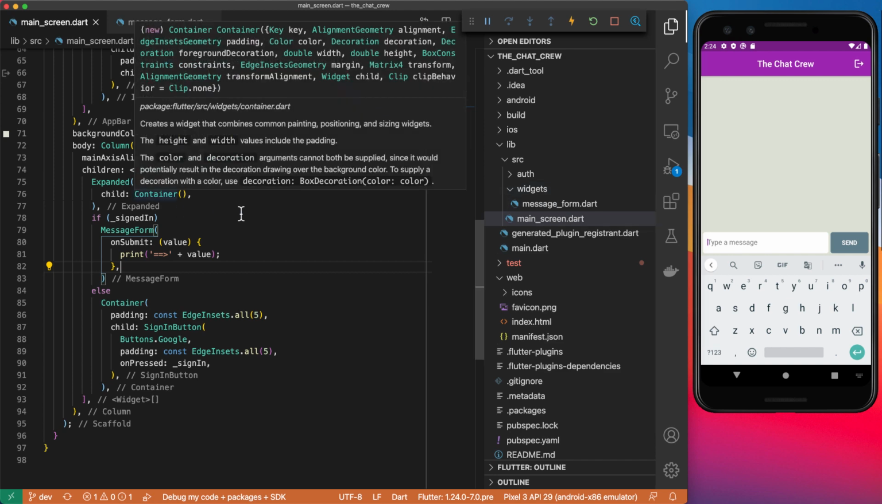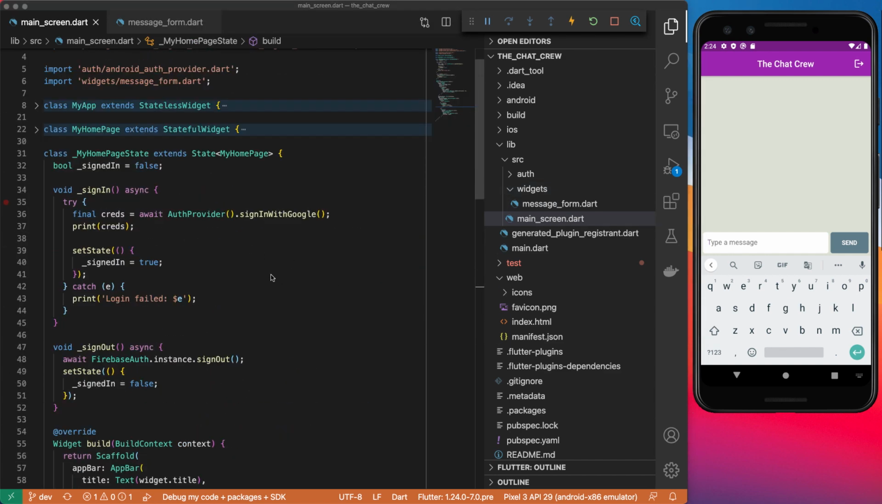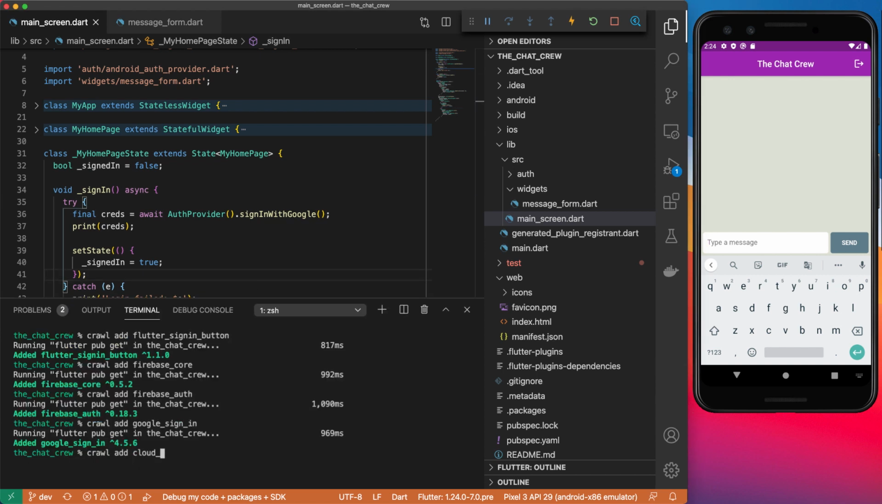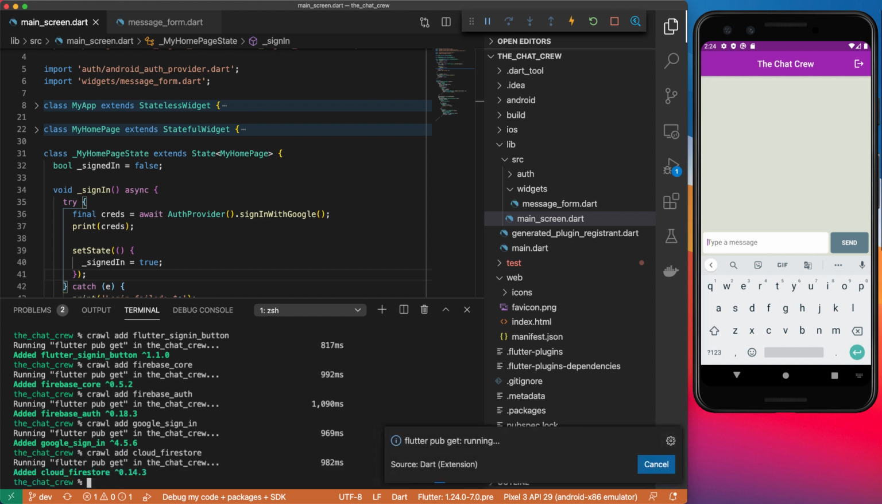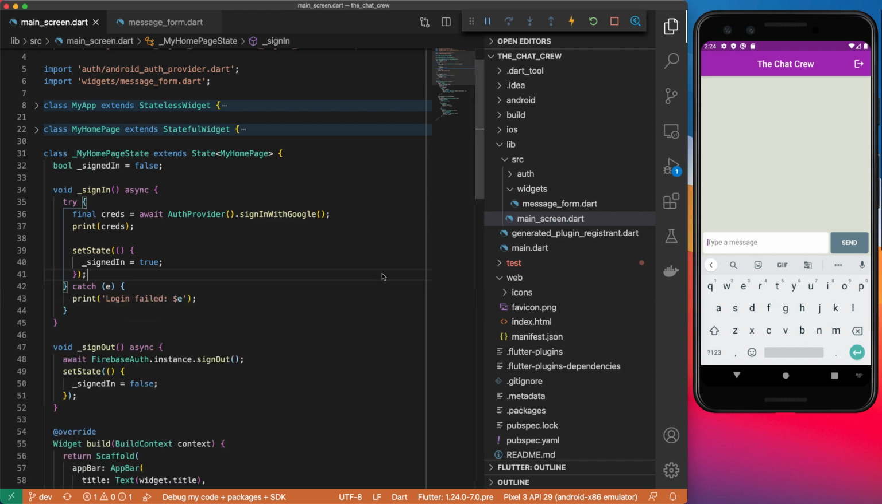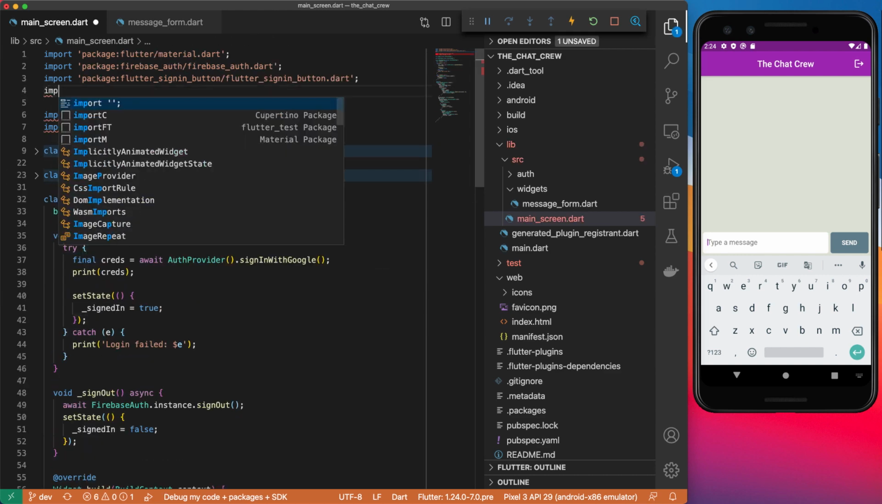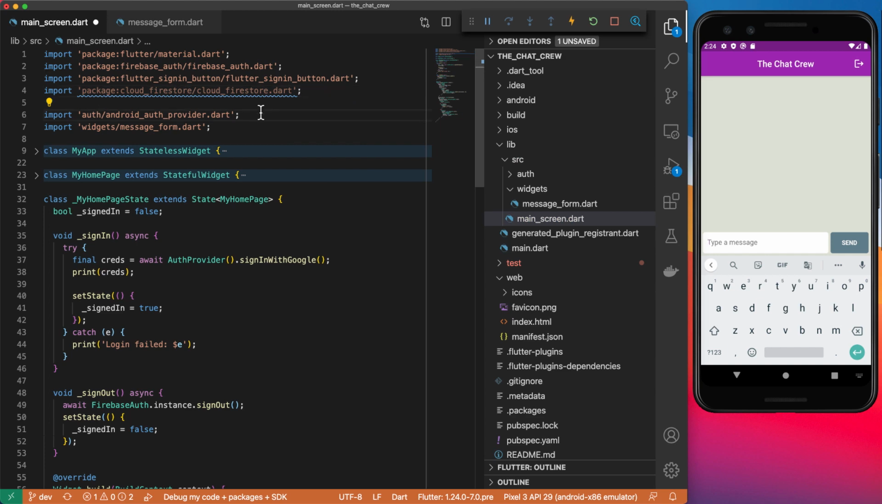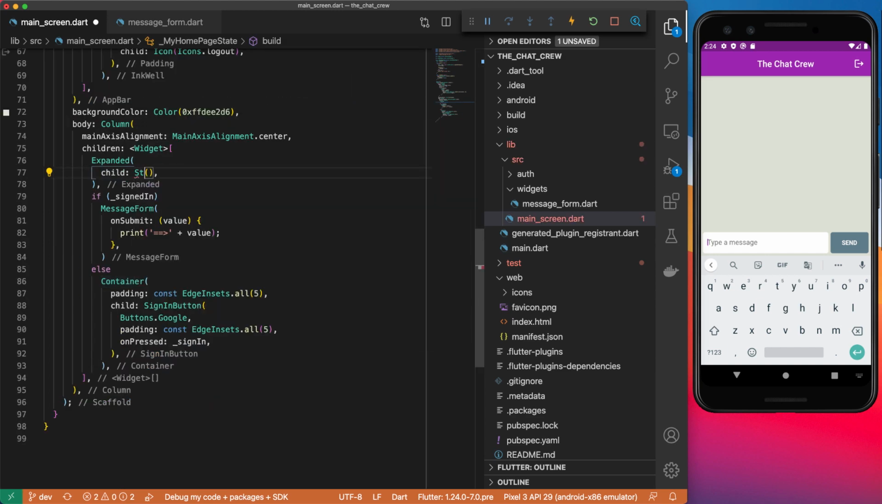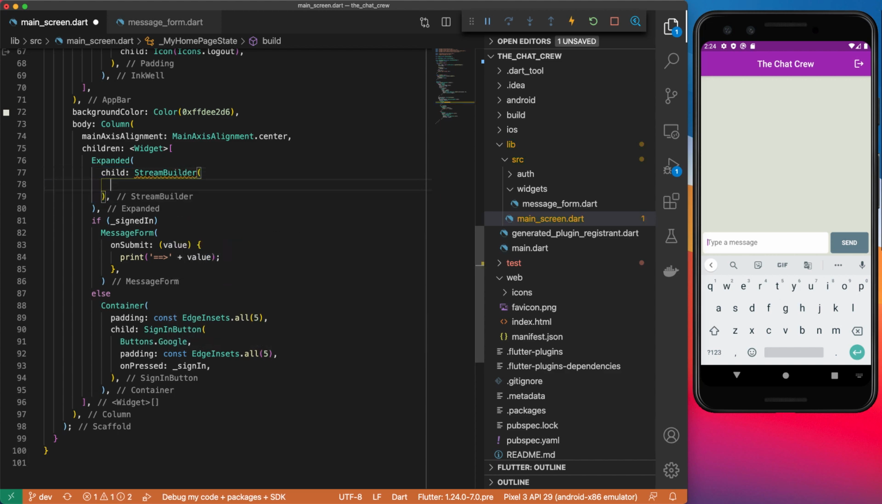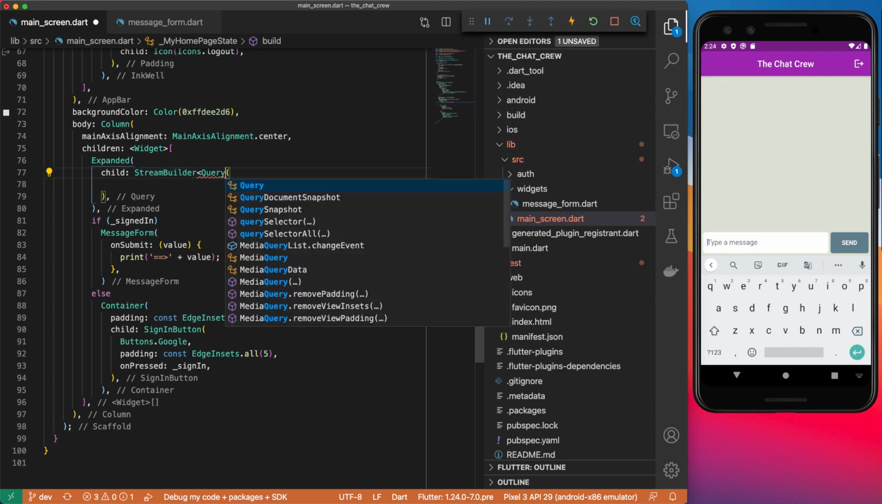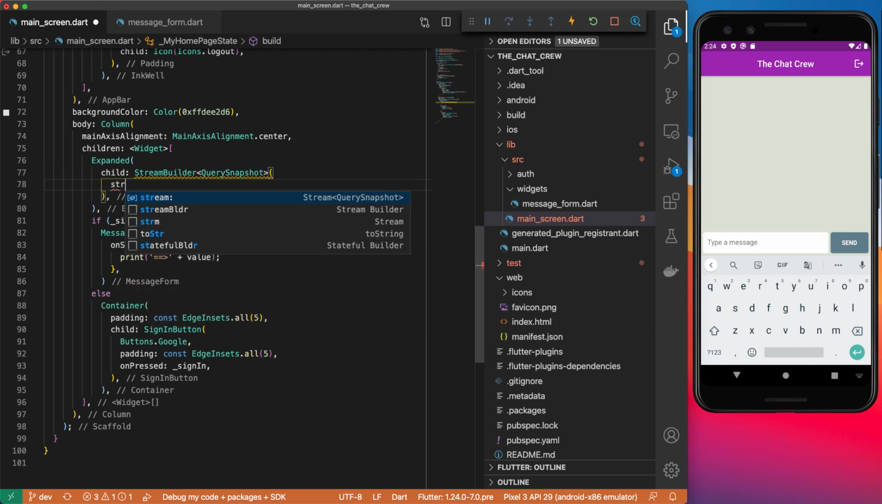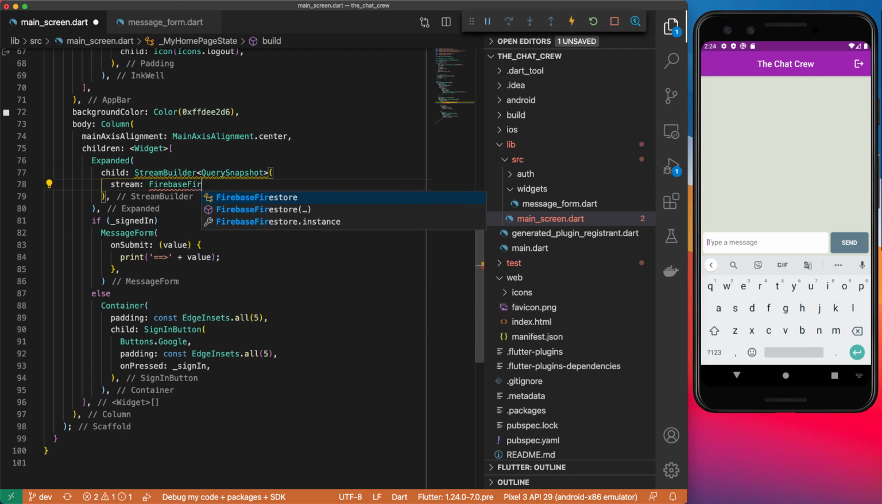Okay, so in order to pull in our first message, we need to install the Cloud Firestore package. And once that's done, we will import that over here, like so. And then I'm going to change this child to a stream builder widget because we're going to read our messages in as a stream. And the type of stream we want is a query snapshot. And then the stream we're going to use is Firebase Firestore